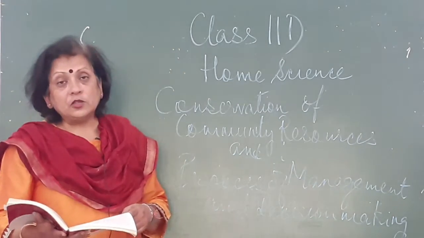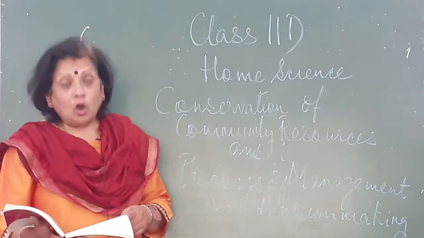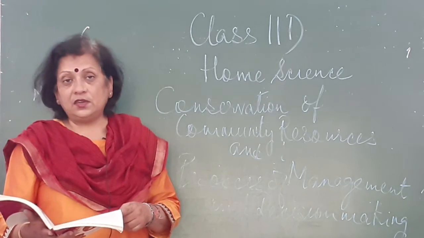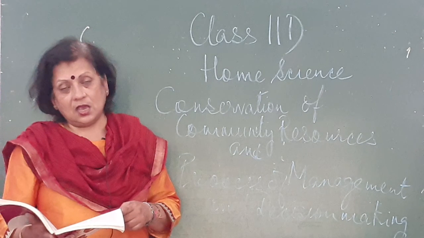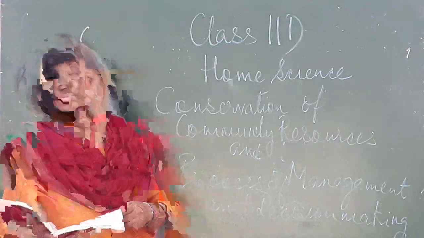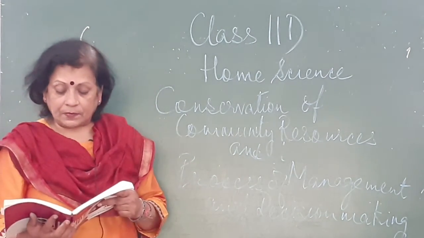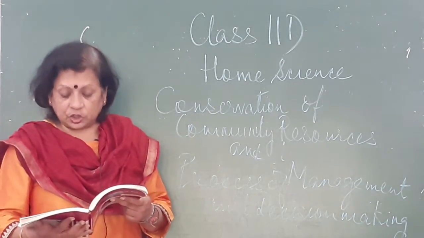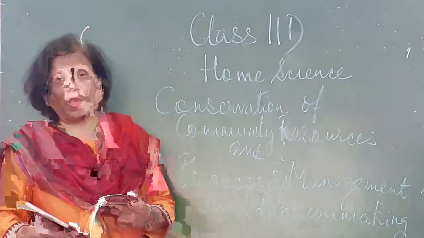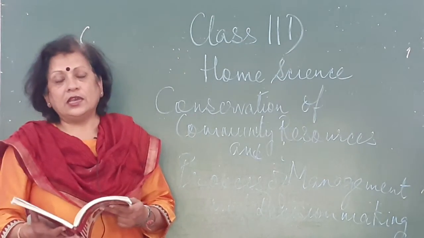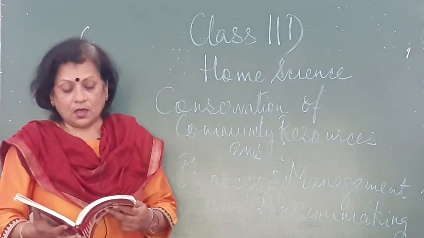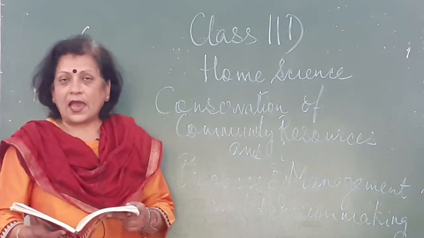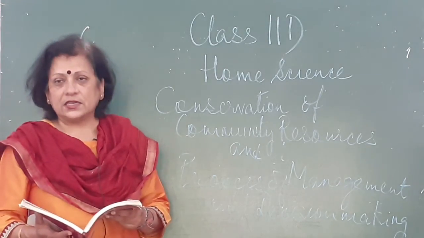Have we been able to carry out the plan successfully, or should we make some changes within our given resources? Because it's not possible for a family always to add more resources. So keeping all this in mind, the process of evaluation will decide whether the plan has been carried out in the best possible way. With this, we finish the process of management, and we'll continue with the rest in our next class. Thank you.